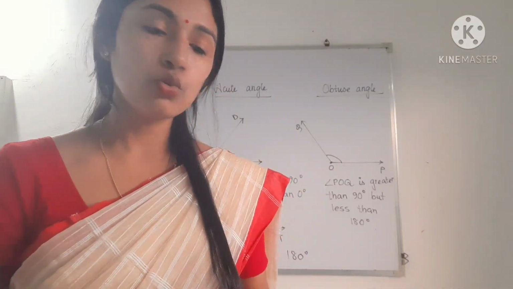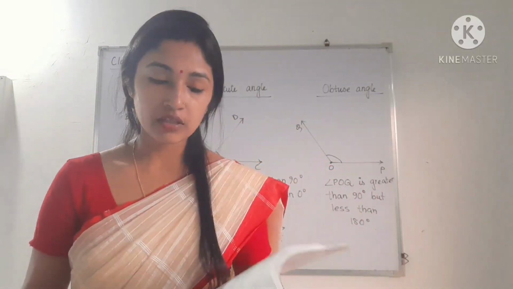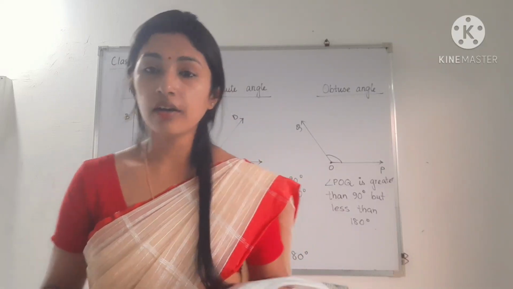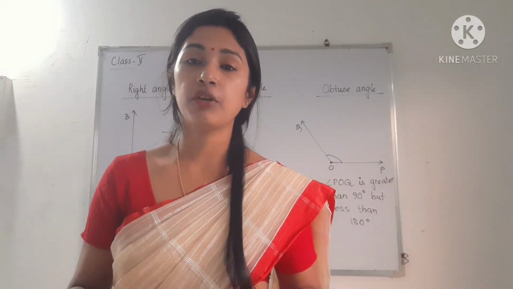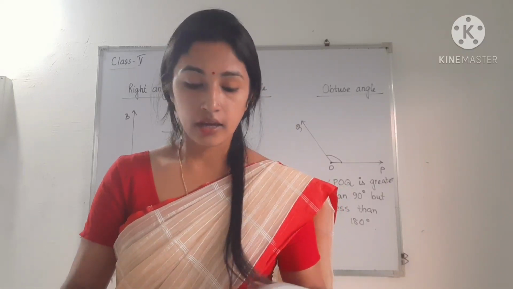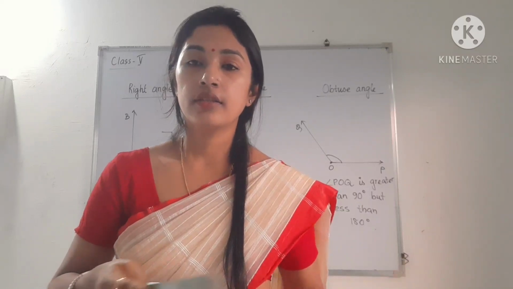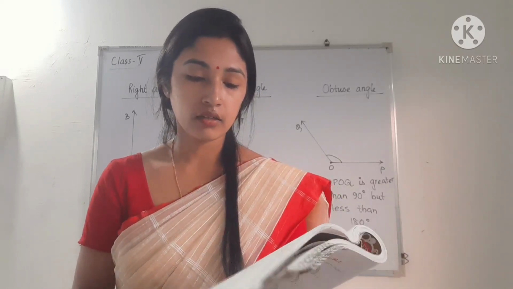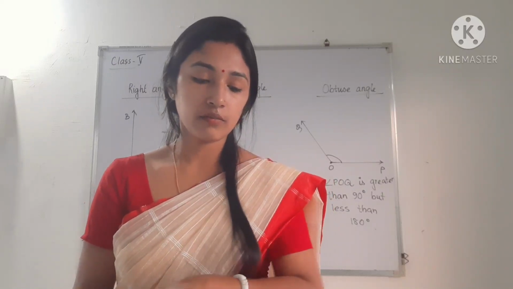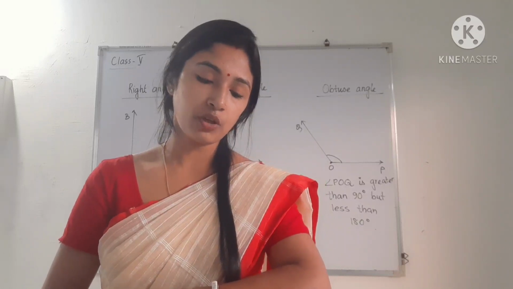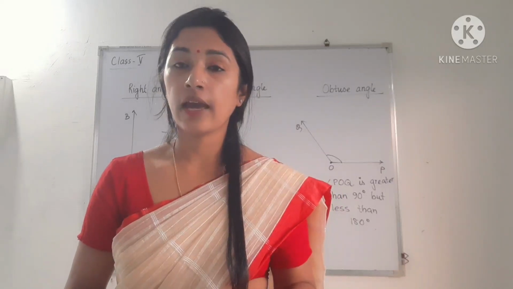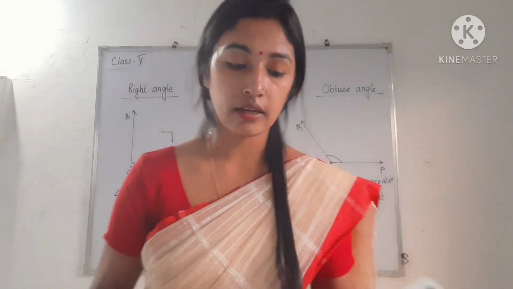So students, please try to do the remaining questions as well as the chapter checkup. The chapter checkup questions are very easy. Already in the previous 2 lectures I discussed rays, line segments, and points. About this, your first question is there, and that is fill in the blanks. In question number 2 you have to see where the right angle, acute angle, and obtuse angle are, and you have to color accordingly.